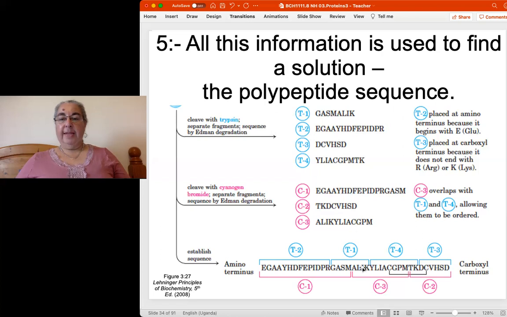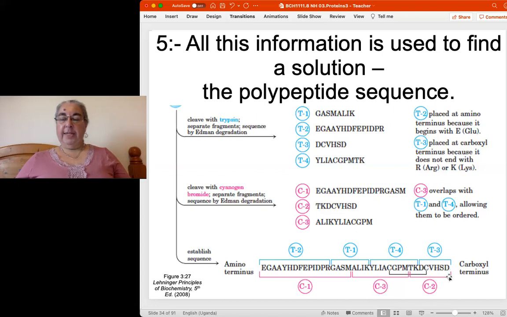And again, by using that one, that gives us the next few, YLIA, and so on, ending in M, which we see here, YLIK up to M. So that's what we've got here, and then now a small overlap with the TK from here, telling us that this one, TK from here, comes next, and then the last fragment in this set going on to the D,